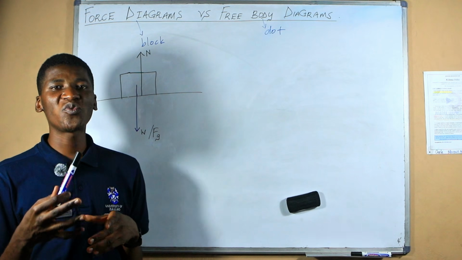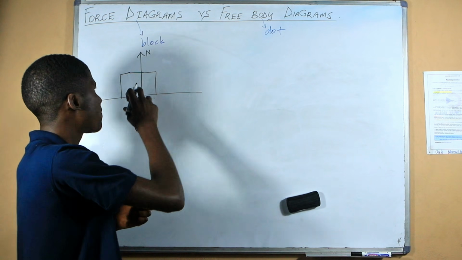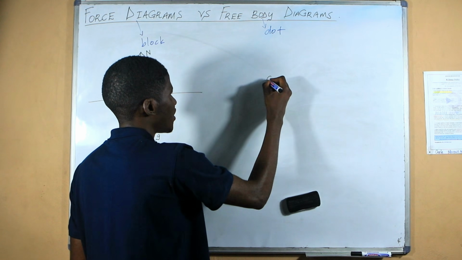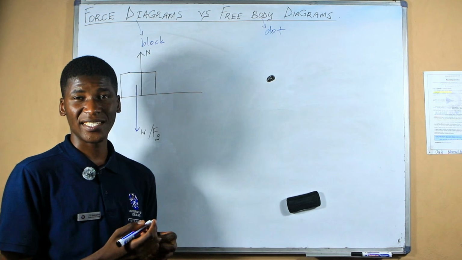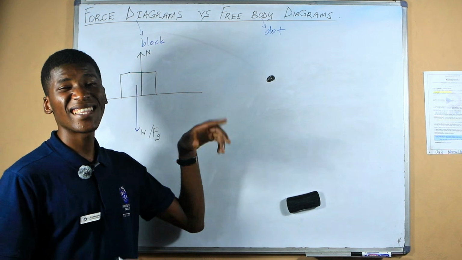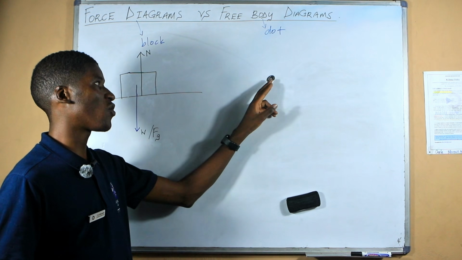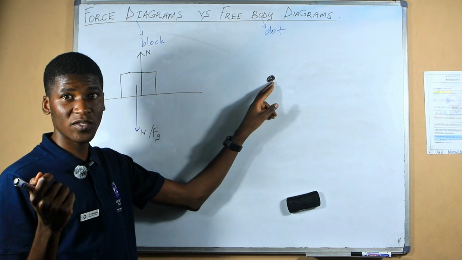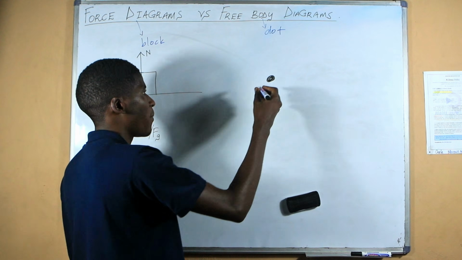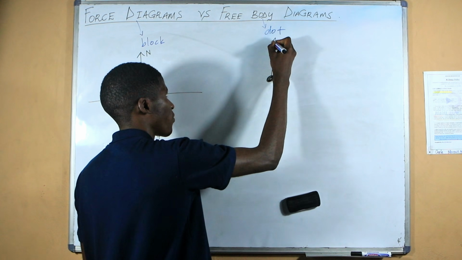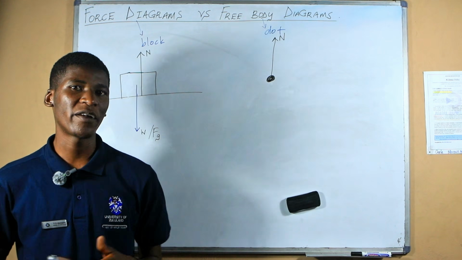But now when we want to draw this using a free body diagram, we are just going to represent this object as a dot. So instead of writing a big block, we just use a dot to represent the object. So the dot here is representing the same object as this one as well. But now we are going to make sure that all forces, we are going to draw them from this dot. So for example, here we have got a normal force that is going upwards. So the normal force must come from the dot and it must go upwards. And we must label it as N to show that it's a normal force, right?